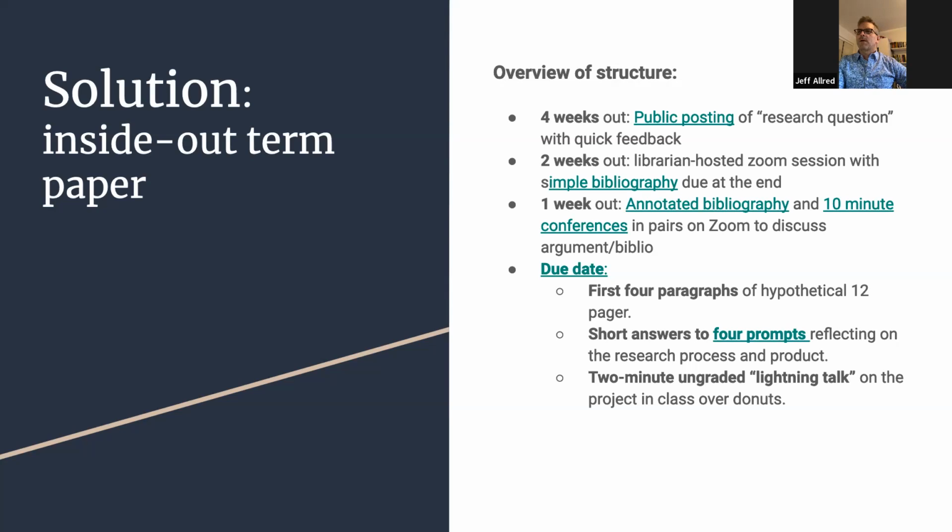At any rate, one week out, maybe three or four days out from the deadline, a kind of last chance to have these pairs conference on Zoom to troubleshoot, to see where they are in their process. When the due date hits, they turn in this truncated first four paragraphs of a 12-pager. I give them some guidelines, saying that there's no one size fits all, but that every first four paragraphs should